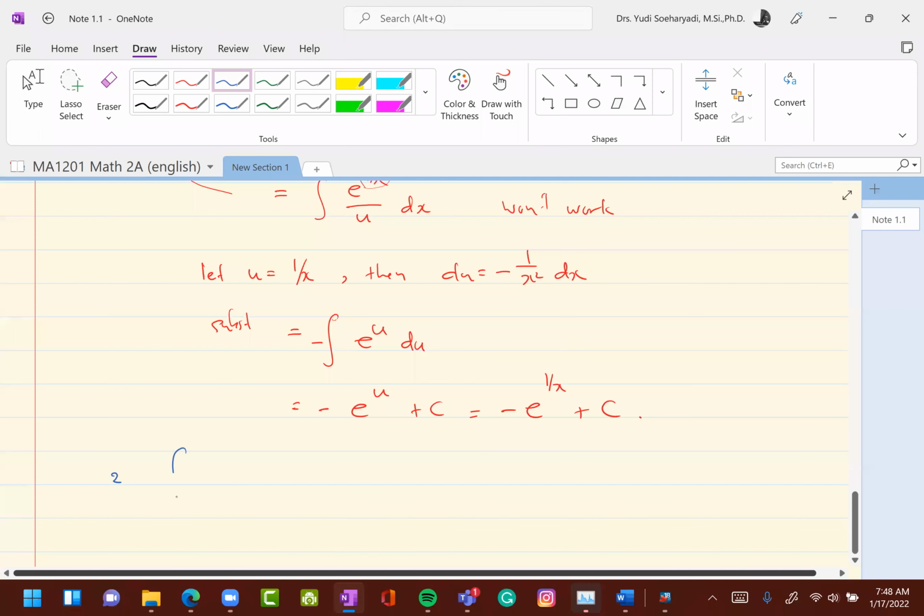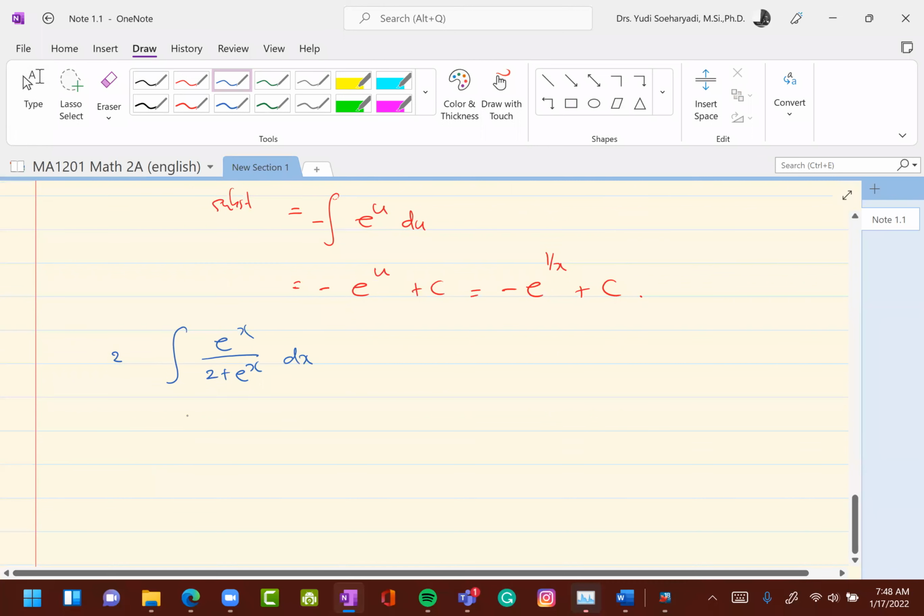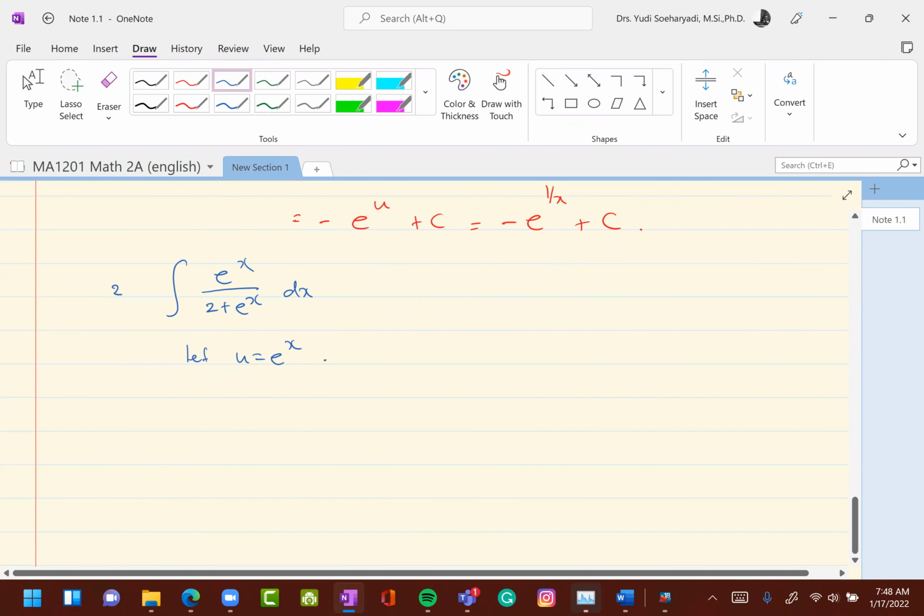The integral of e to the x over 2 plus e to the x dx. Right, so let u equal e to the x. Okay, so then du is e to the x dx. Then substitution will give you